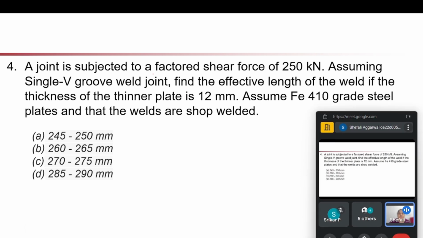A joint is subjected to a factored shear force of 250 kilonewton. This is our Q, shear force. Assuming a single V groove weld joint, find the effective length of the weld if the thickness of the thinner plate is 12 mm. Assume Fe 410 grade and that the welds are shop welding. For shop weld, gamma is given by